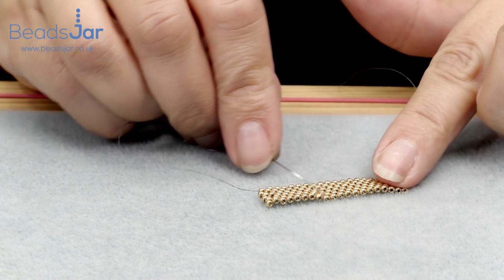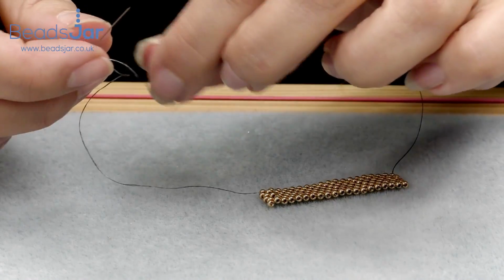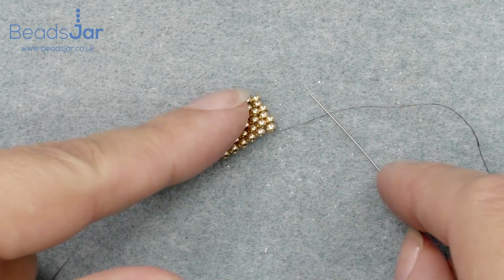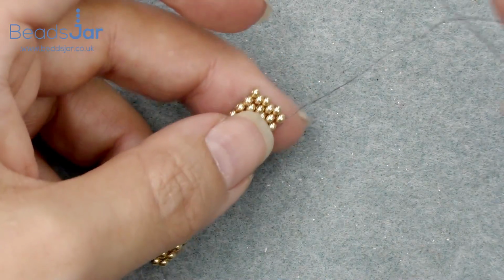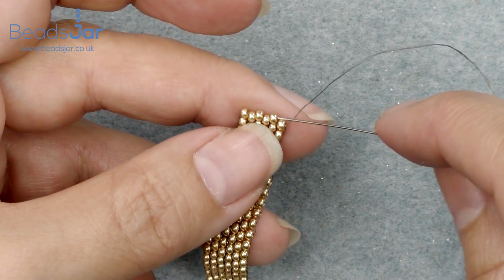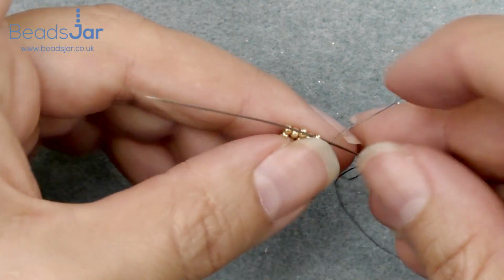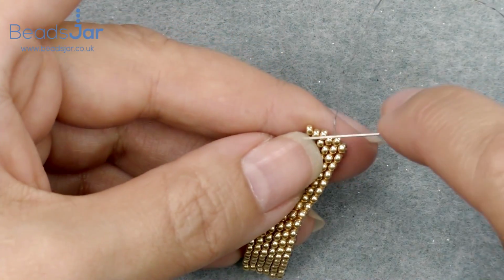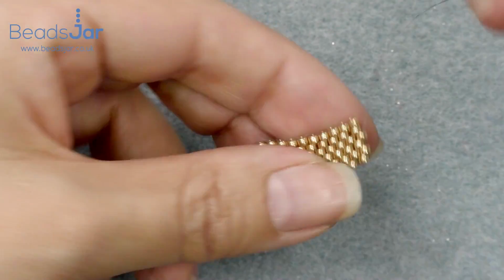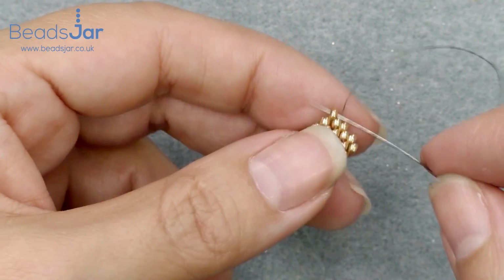So this is the completed ring band, and I have taken my needle, and this was the end thread that we just had, and I want to get rid of it. I wanted to cut that off, so I put my needle on, and then I'm just going to take it back through that bead there and that one, take it through to the end,